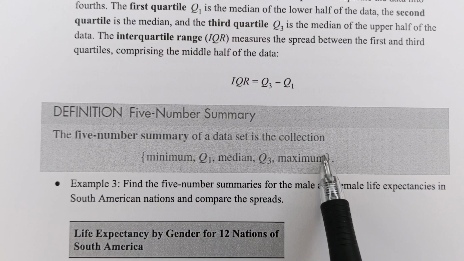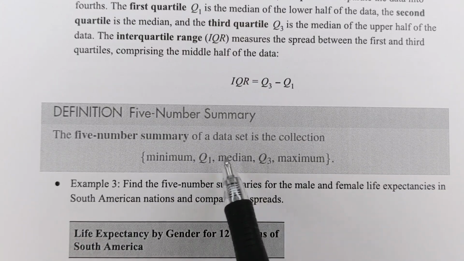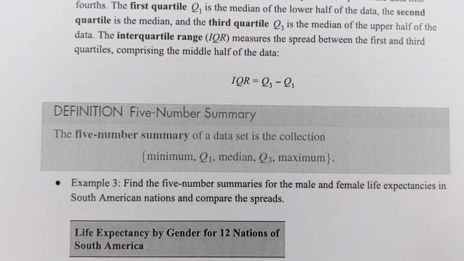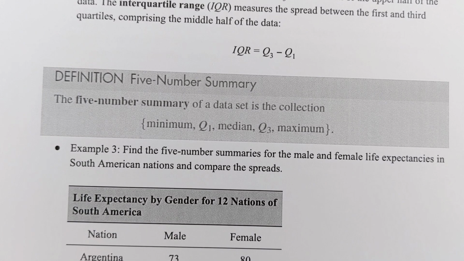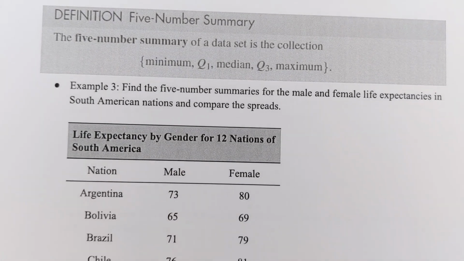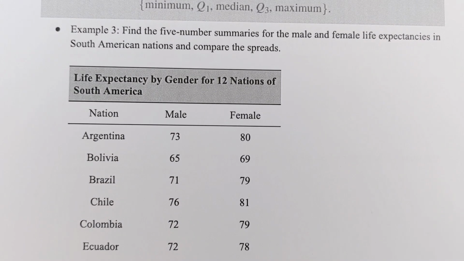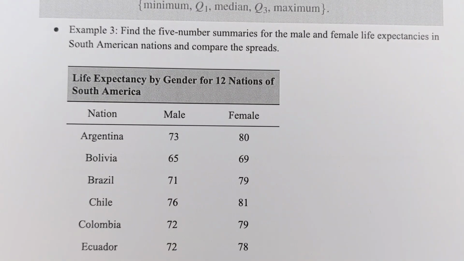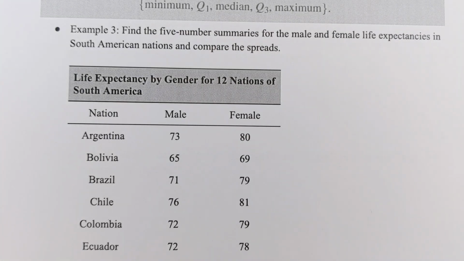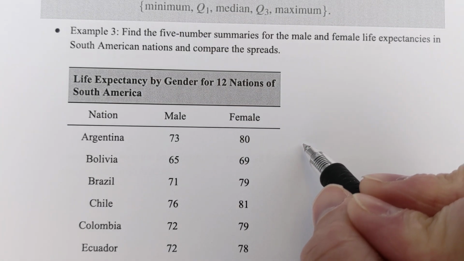So you need to order your numbers, find these 3, then calculate these 2. So find the 5-number summaries for the male and female life expectancies in South American nations and compare the spreads. So let's see here. I really don't want to reorder these, but we can do it anyway. So for the men,